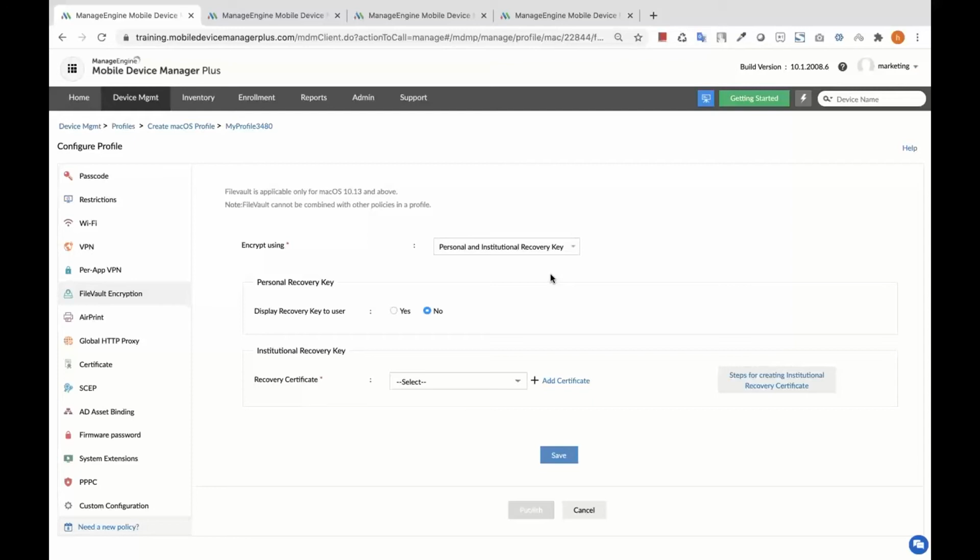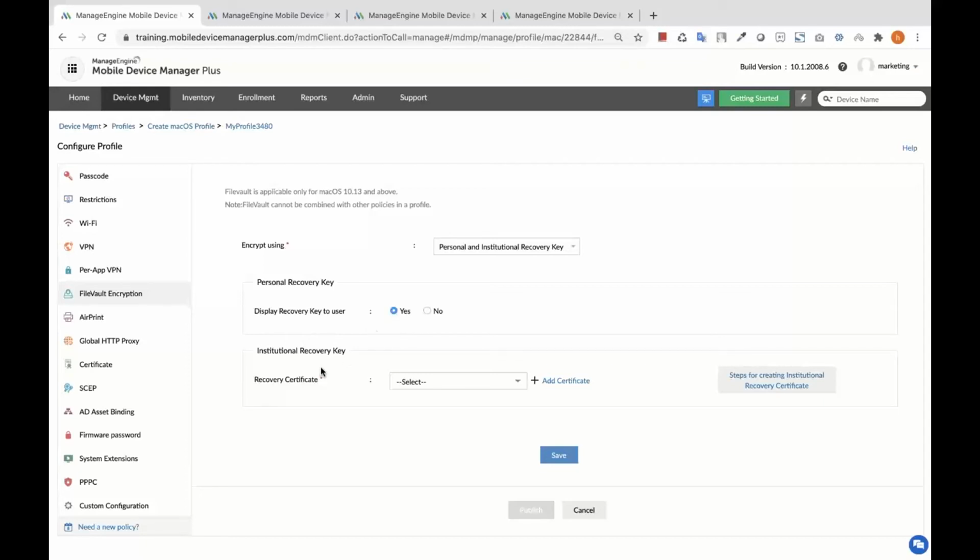format for access. So once you select the personal and institutional recovery key, you will have two other options that can be configured. One is whether you want the recovery key to be displayed to your users. So you can select that as yes in case you want that to happen.